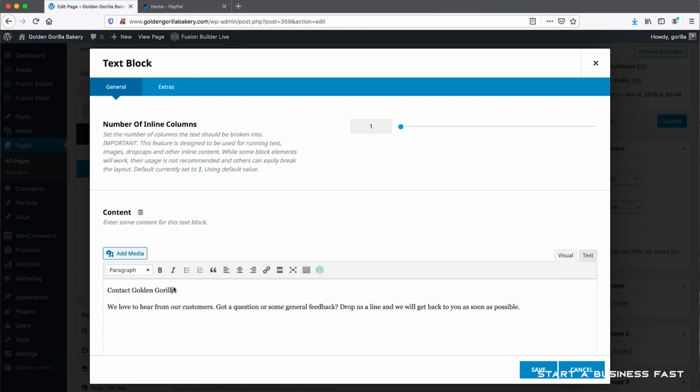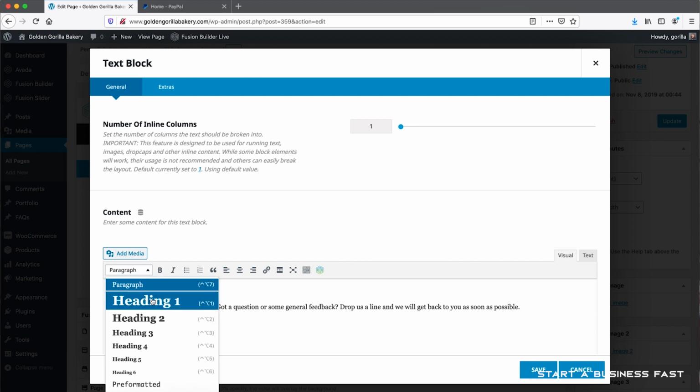In order to create an H1 header, which is a heading one, the biggest header that you're going to have, you would put a bracket and an H1 on each side, and that's what this would look like. But in WordPress, you don't have to worry about coding anything. You just highlight this text where it says Contact Golden Gorilla, drop this down and choose